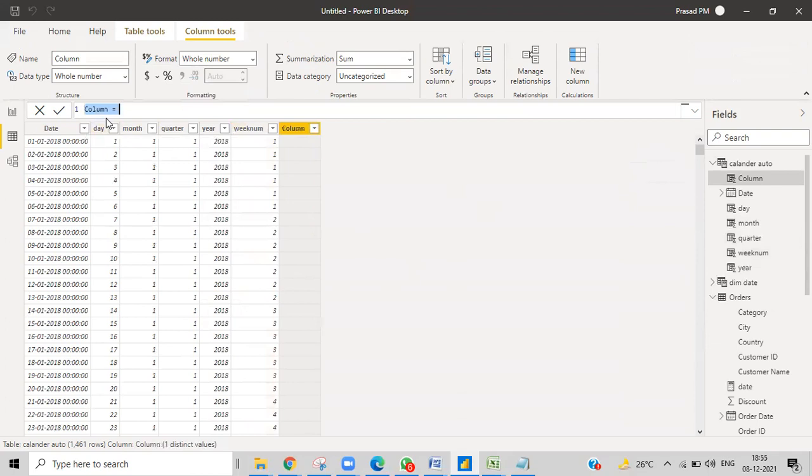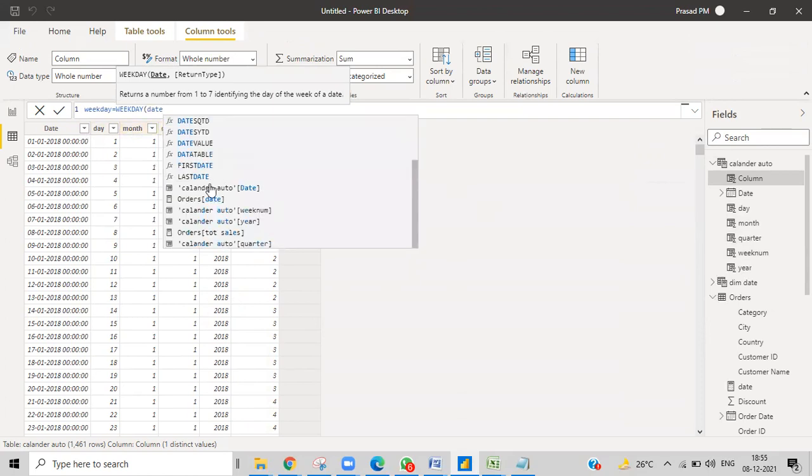So I want to create weekday, with the first date, same date every time.